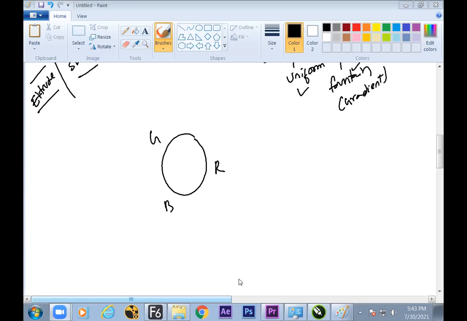Fine. Now we are learning about the color theory. Whenever we mix red and green, the middle color yellow will come up. This is called the color wheel. Exactly the same way, if green and blue mix, then cyan will come. And blue and red mix, then magenta will come.